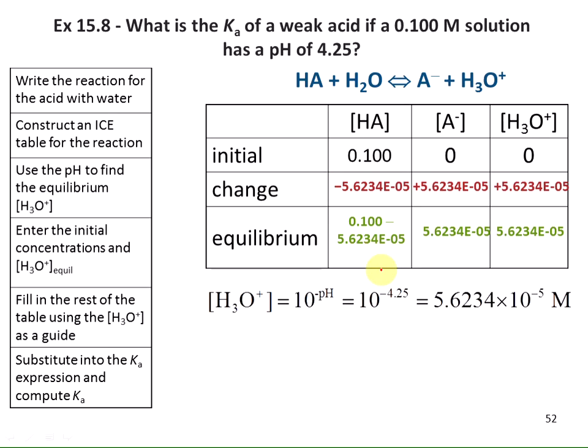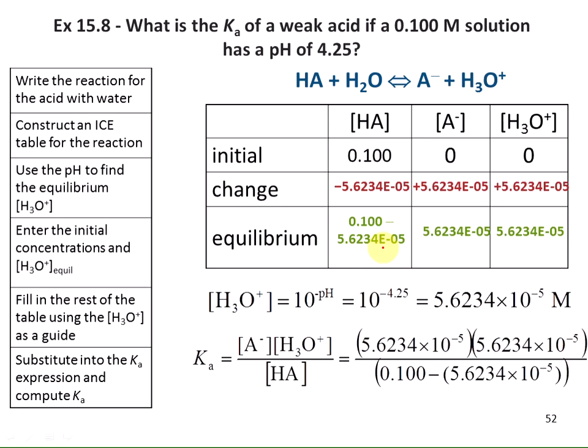I can then plug that into my mass action equation. So our Ka equals our products over our reactants. Now, you could probably do an approximation here, but it's really not that much more work to put that in your calculator. So if you put that in your calculator, you should get a Ka value of 3.2 times 10 to the